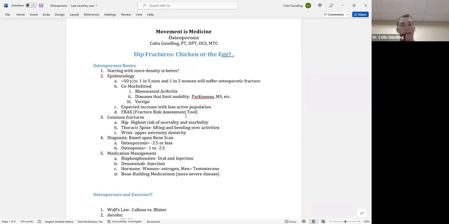Your risk for never making it back out of the hospital, never making it back home, is really, really significant. So you might end up in a long-term care unit. You might end up in even higher level units. And some people simply don't recover from the comorbidities that are able to catch up by the time you're not moving. So oftentimes it's not necessarily the hip fracture that results in that downward slide towards morbidity or mortality, but